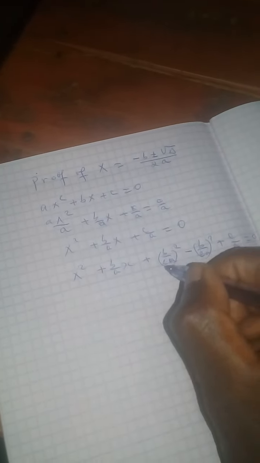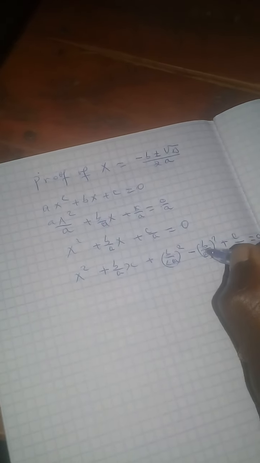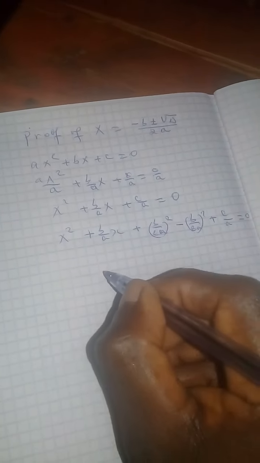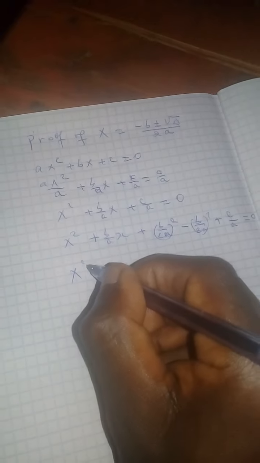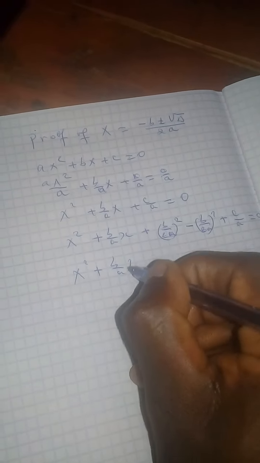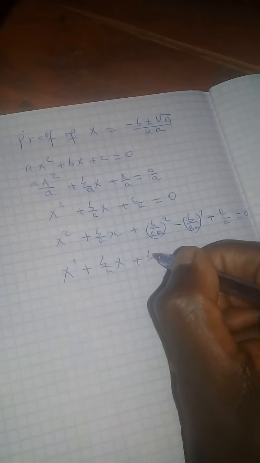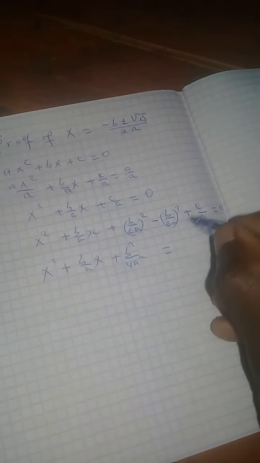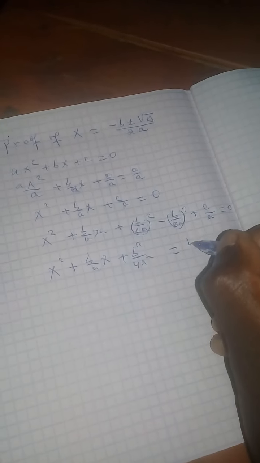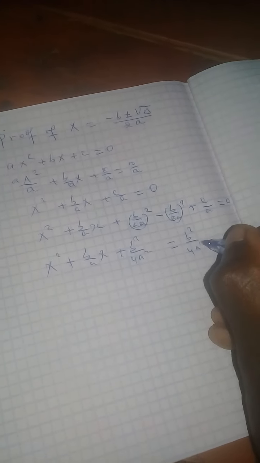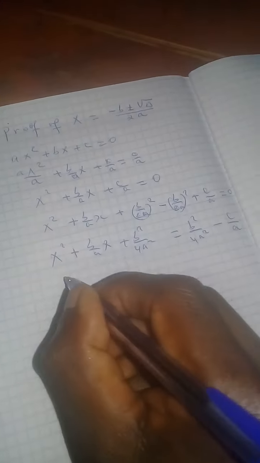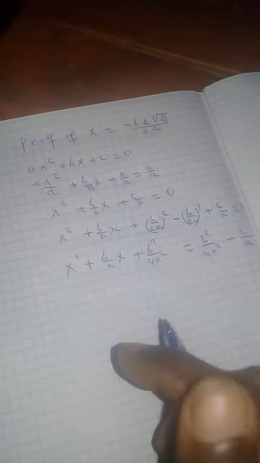Then in this case, I have to move this and this to the right side. There I have x² + (b/a)x + b²/4a², which is equal to, I take this to the right side, it becomes b²/4a² minus this c/a. Then here, by completing the square